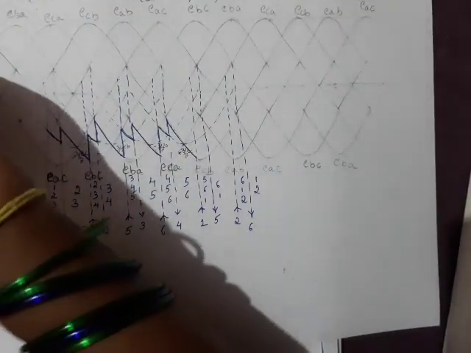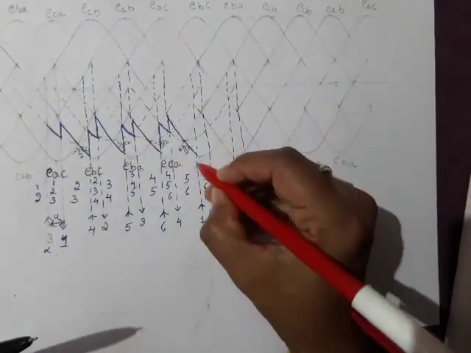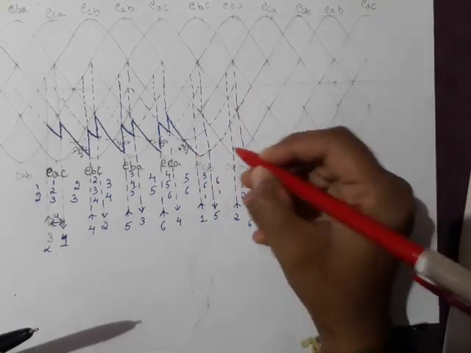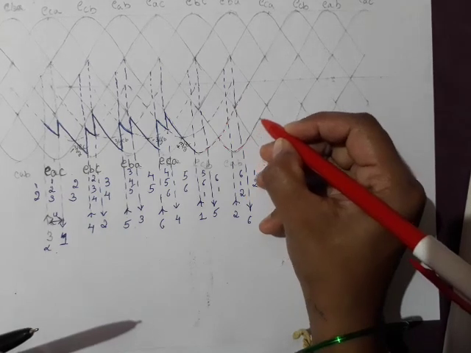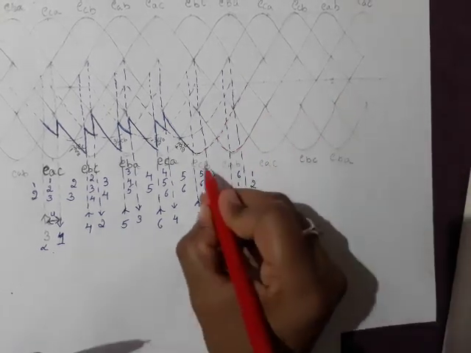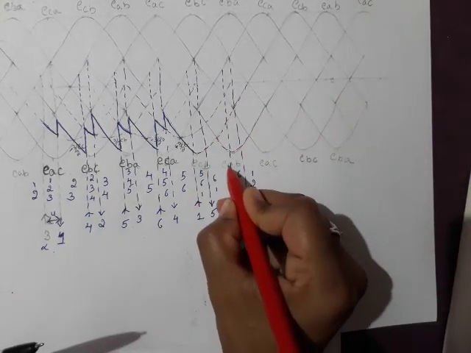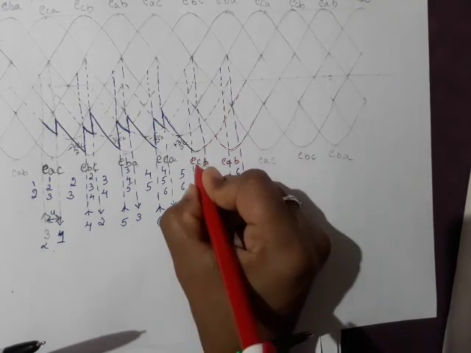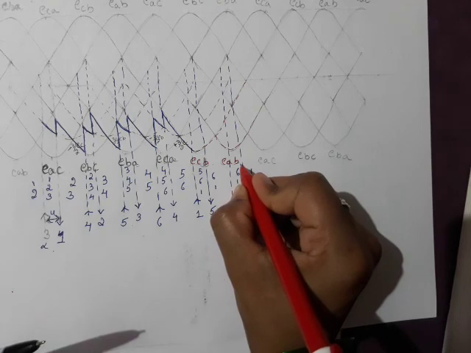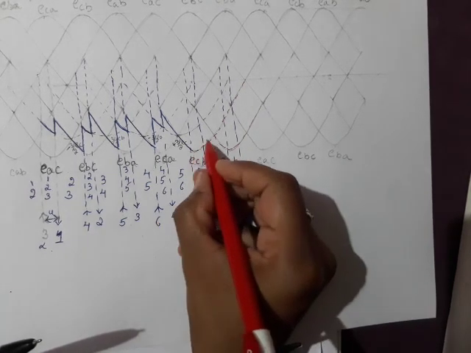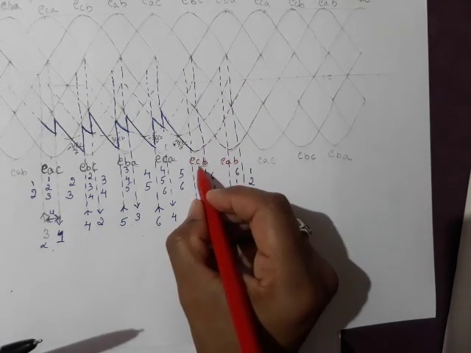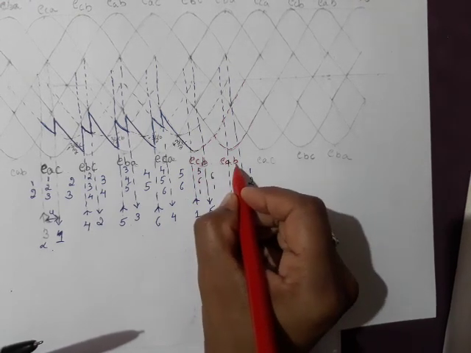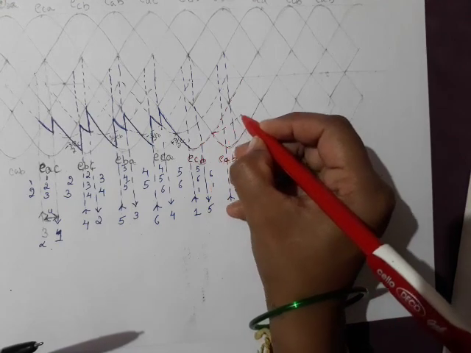So now, just see here. Here we have ECB. This is the line ECB. This is the line EAB. 2 line voltages. Okay. EC minus EB. This is ECB. This is EAB. So EC minus EB, EA minus EB, means between these two lines I'll get the phase voltage minus EB. See, B is negative between these two lines like this.